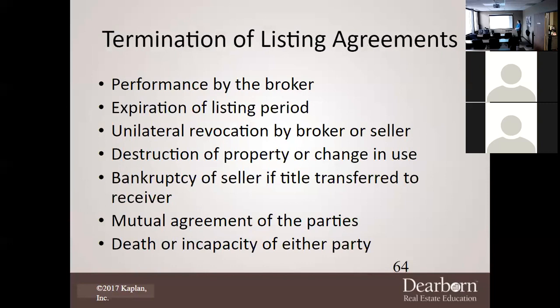Okay. Now, what about the termination of listings? How exactly do we terminate a listing? Well, the very basic one is if Mr. Eugene Travis signs a listing contract with you and he sells the property, what have you done, Travis? You performed it, didn't you? You performed that sale. You completed the sale. So he performed by the broker. So Travis, in that situation, he completed the performance. He did what he promised he was going to do, and guess what? He sold the house.